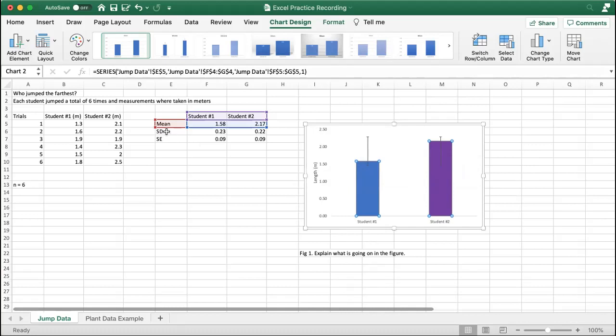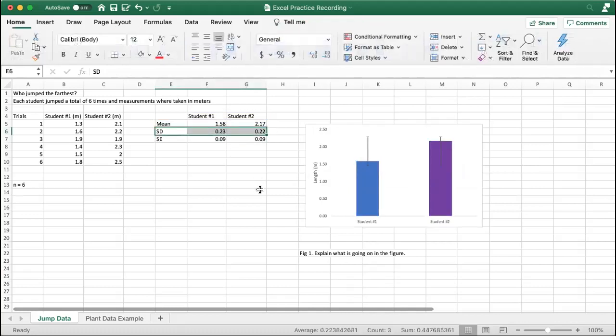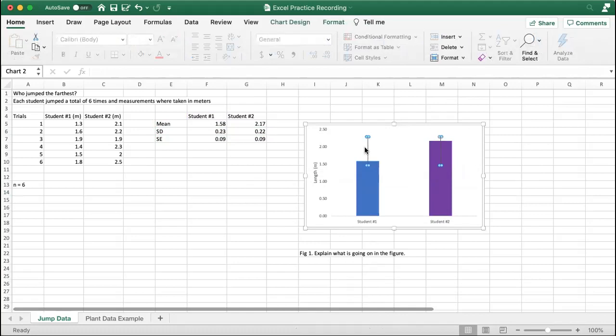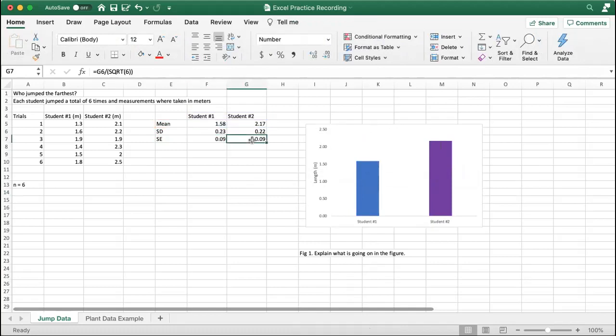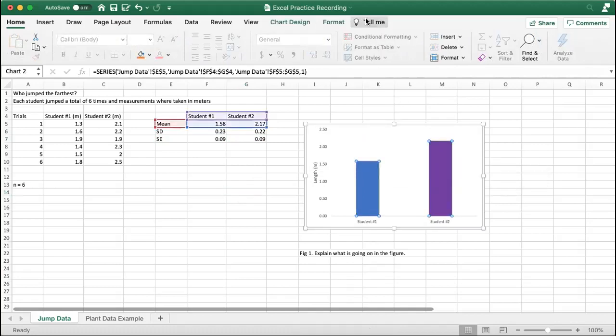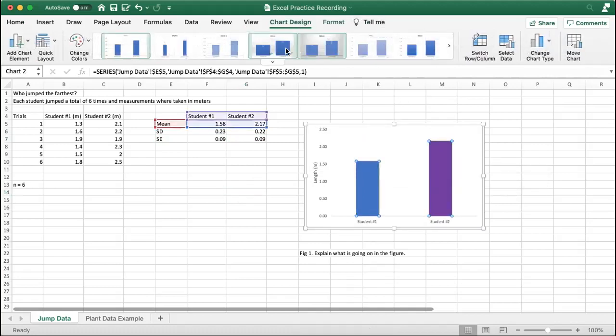But that's not what I calculated. So you don't want to do that. That means I'm going to highlight the bars and delete them because I don't want them calculated for me. I want to add what I have calculated. So I'm going to go back, highlight each bar, go to Chart Design, Add Chart Element, and go down to Error Bars,